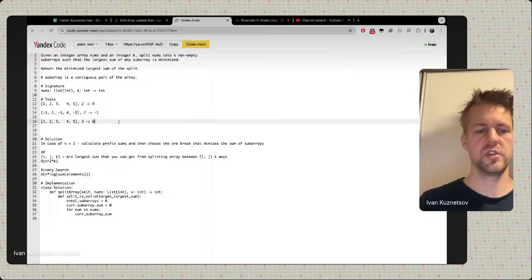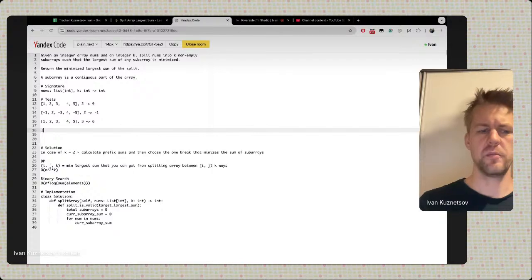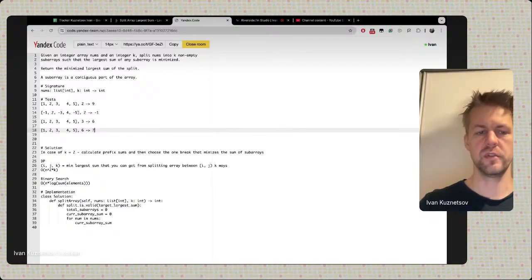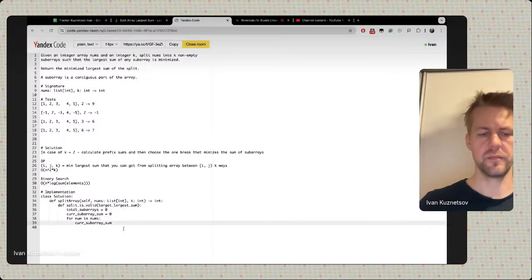Let me also mention another corner case. Let's say it's the same array as here, but we need to split into 6 ways. In this case, it's impossible. So I will just assume that we will never get a case where k is bigger than the number of elements in our array. Okay, so for num in nums, current subarray sum,